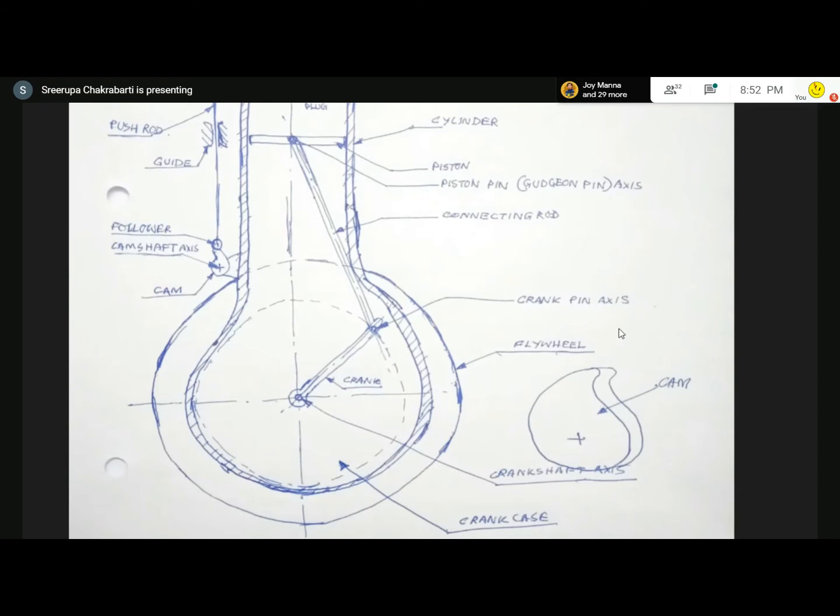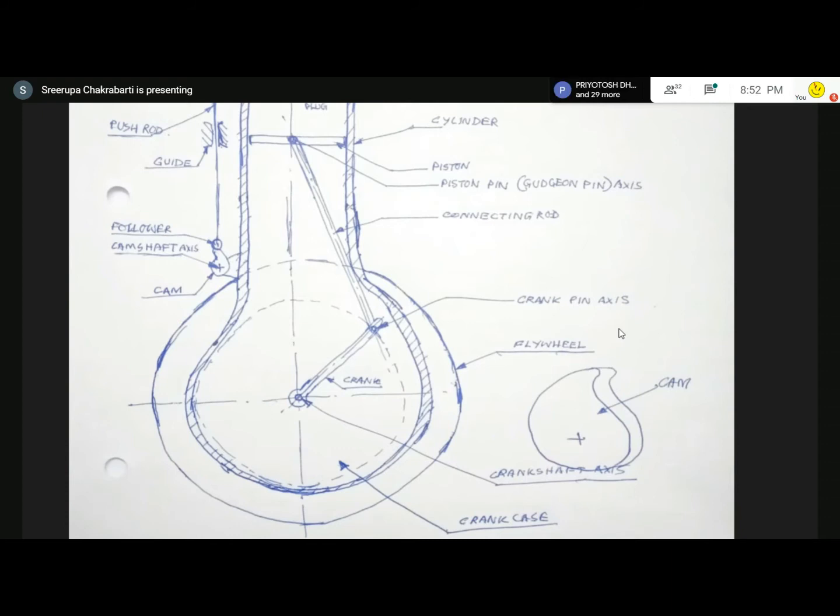Why are the cam profiles not the same? Because each valve's opening and closing time and the duration of opening are different. The suction valve opening time, period of opening and time of closing is different from that of the discharge valve. The profile of the cam is basically a programmed disk that controls the opening and closing of the valve. So these profiles are different for different valves, and when each valve is open and closed is part of the design that the designer has to decide.